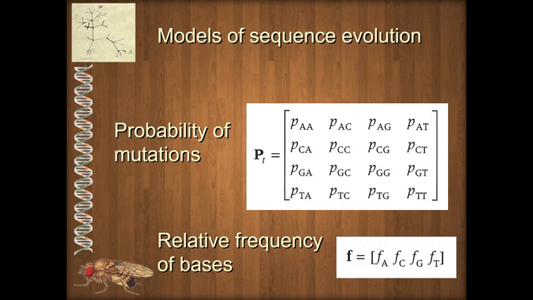Now, realize that once we reach that saturation point, models of evolution are really no longer useful because there's just too many mutations that have occurred and we can't correct for all of them. But when we're in that gray area where the observed distances diverge away from the actual distances, the model of evolution is really critically important. And so it's useful for a wide array of different things. Now, when we do models of evolution,